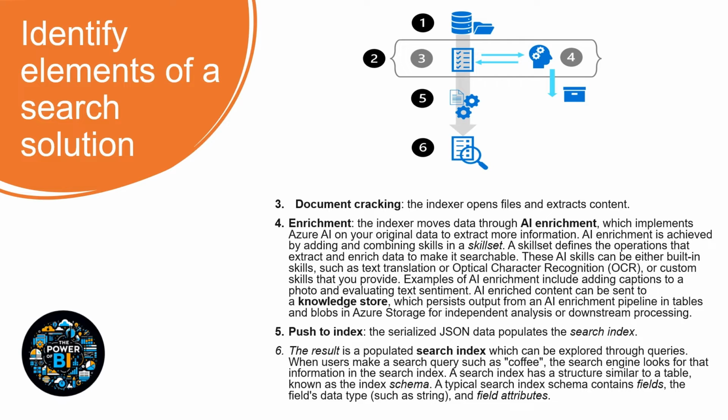The fifth step is pushing to index. That serialized JSON data populates the search index, and the result is populated in the search index, which can be explored through queries. Like when a user makes a search query like coffee, the search engine looks for that information in the search index,